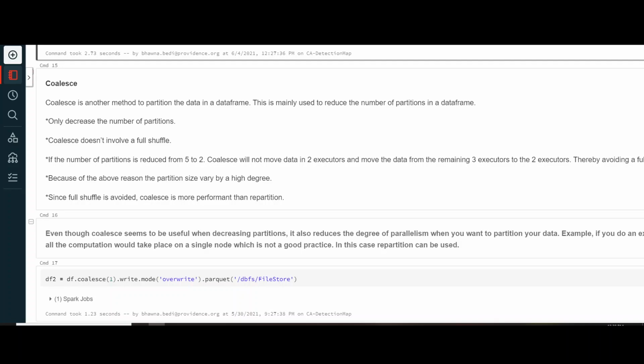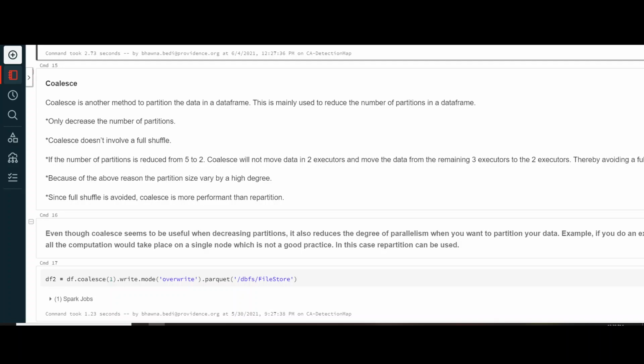Just to summarize, with repartitioning you can increase as well as decrease the number of partitions, and repartitioning always involves a full shuffle of the data because it recreates the partitions altogether. But coalesce will always decrease the number of partitions, and it does not involve a full shuffle, only a partial shuffle.